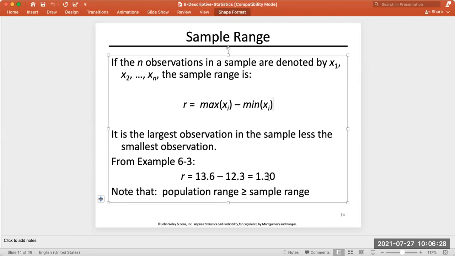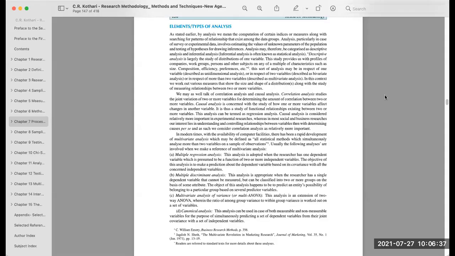Okay, we'll get back to this one later. Now I want to share how to do the analysis and what we are expected to do using this book, because I didn't prepare the slide. Types of analysis we can have: you can see the descriptive analysis, which we have already seen, that is mean, median, mode, and other applications. If there is a different way, we can go for the correlation analysis.